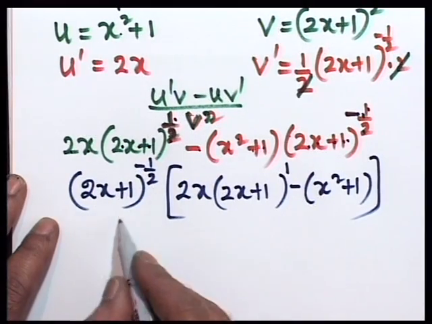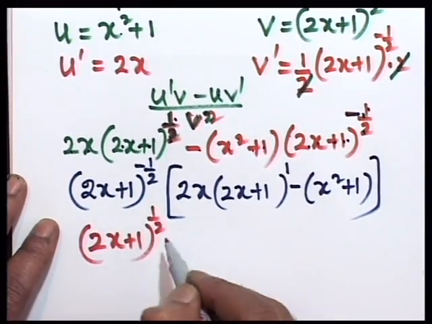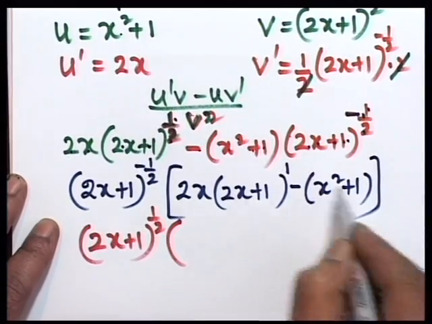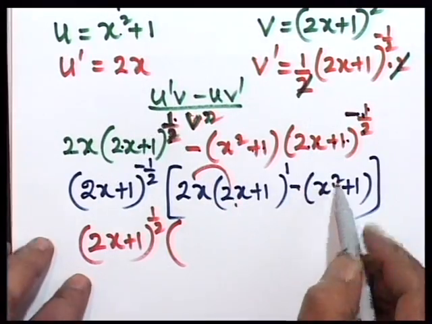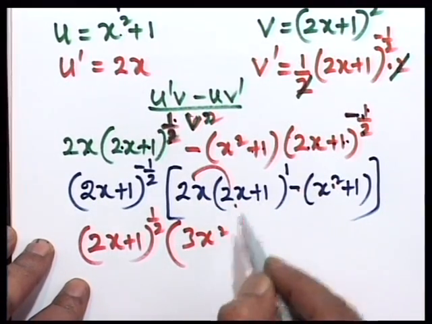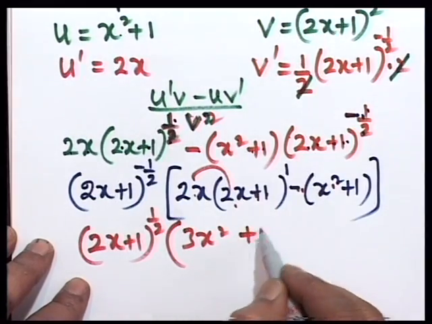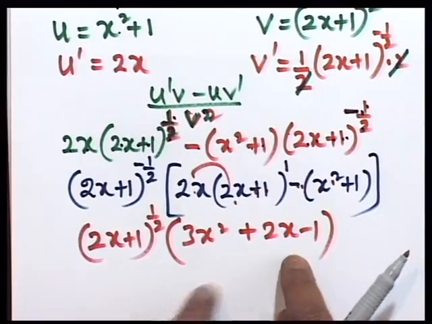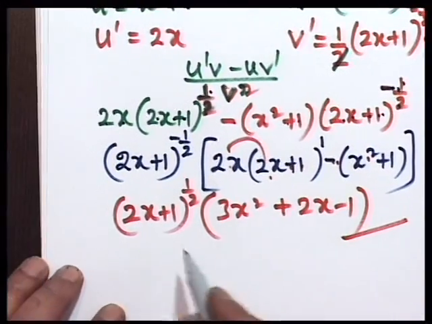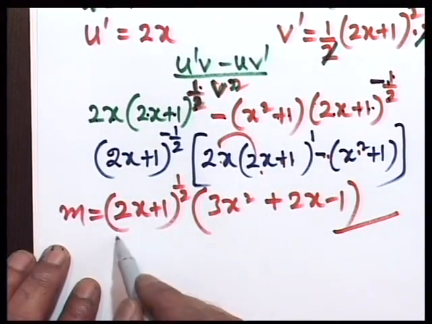So this stays the same now, which is 2x plus 1 to the power half, or maybe a root. This one, let's open the brackets. 4x square minus x square, you have 3x square. Plus 2x minus 1, so that's it. If you want to factorize this, well, you can, okay. But that's the gradient of the... then don't forget, please, divided by